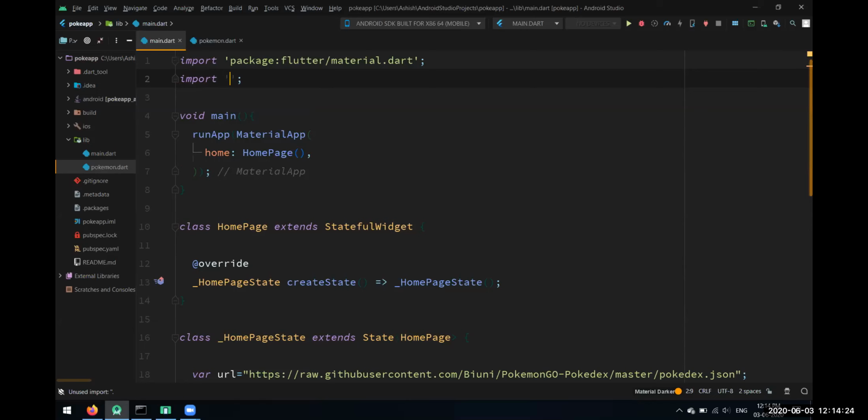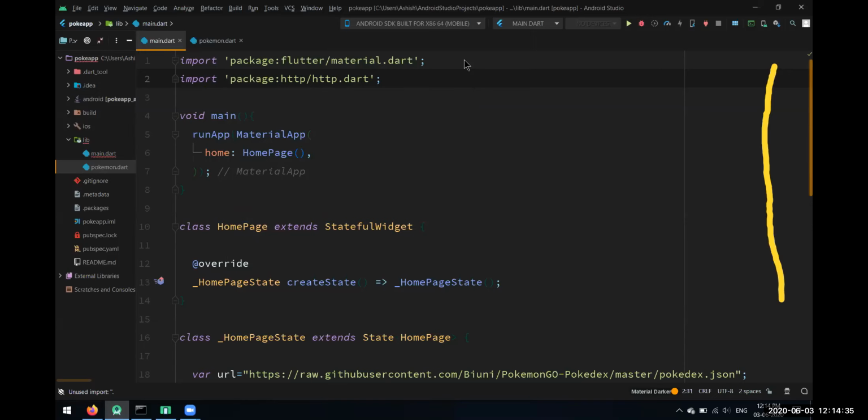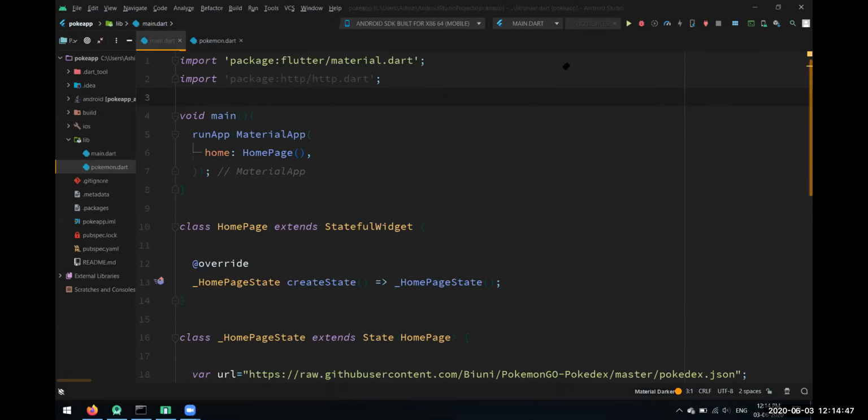Okay, import http.dart. We'll import this package http.dart. We imported this HTTP as Dart.